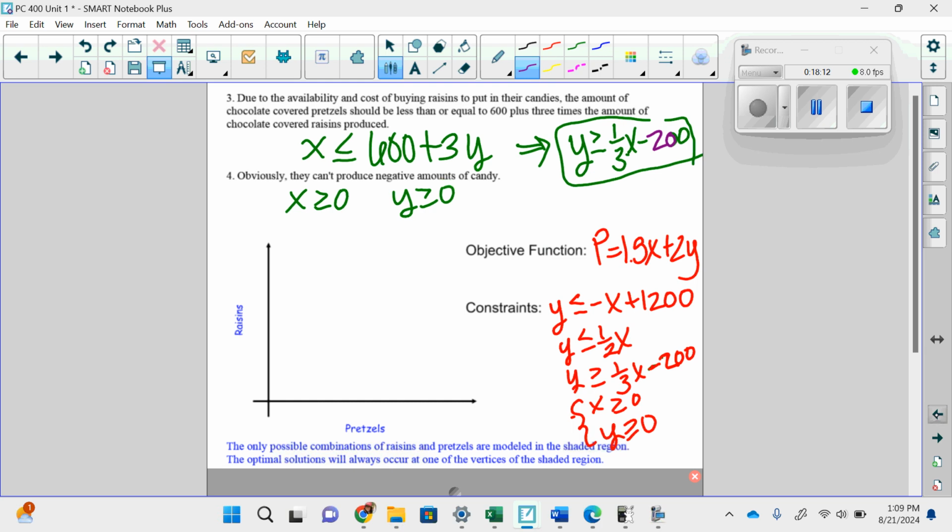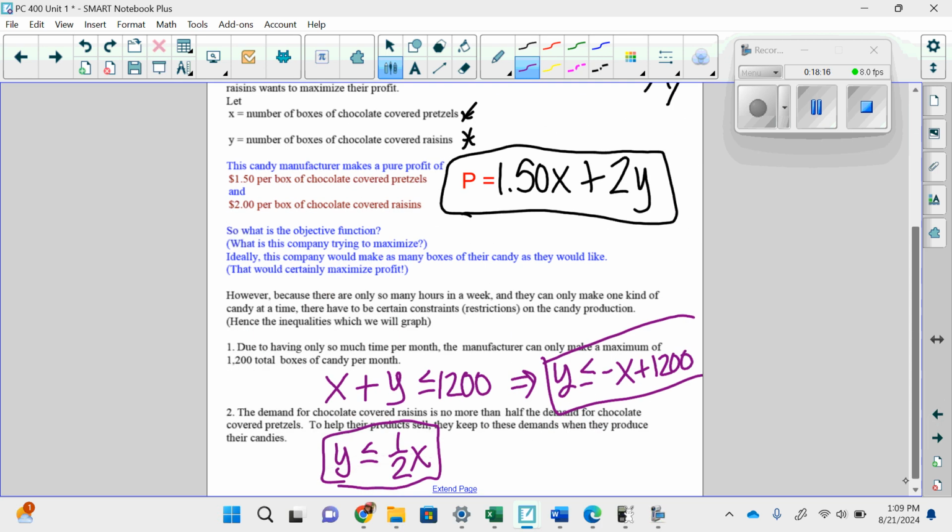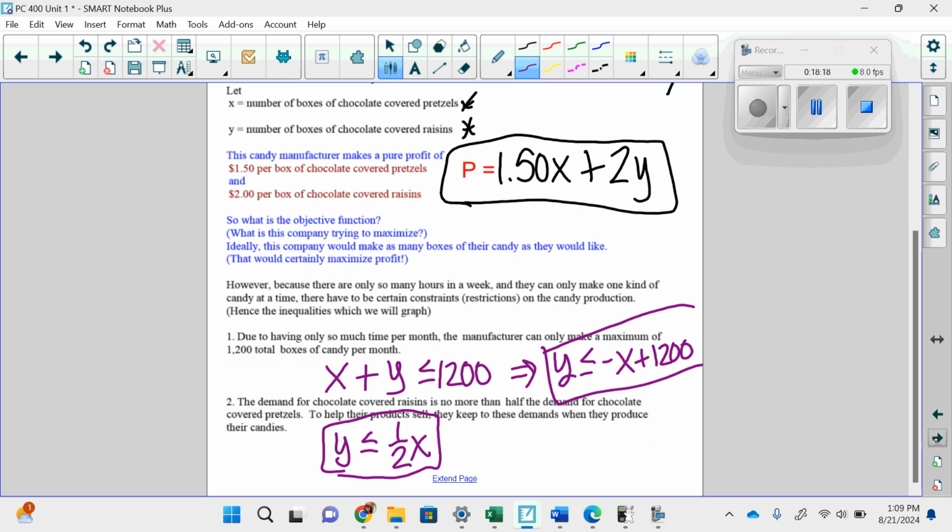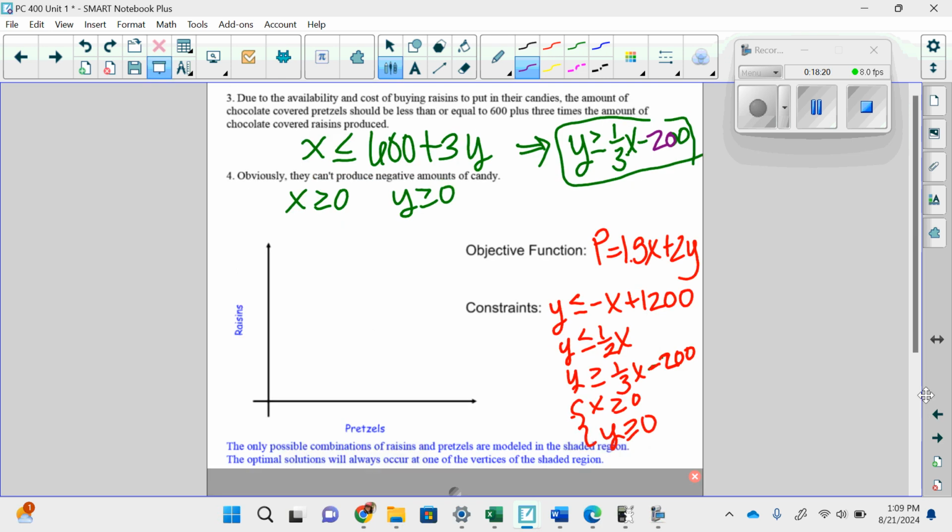Our second constraint, y is less than or equal to 1/2 x. That again came from our second scenario. That third constraint, y is greater than or equal to 1/3 x minus 200, from our third constraint,